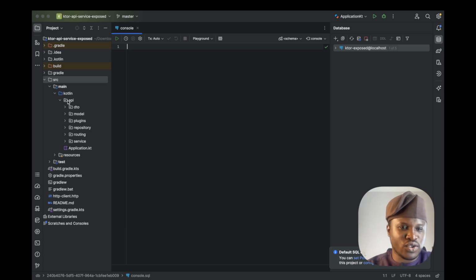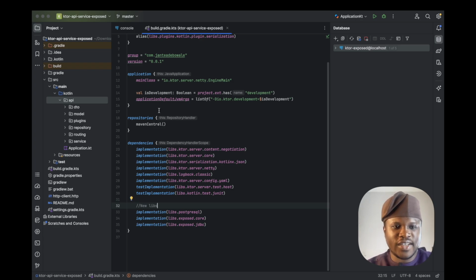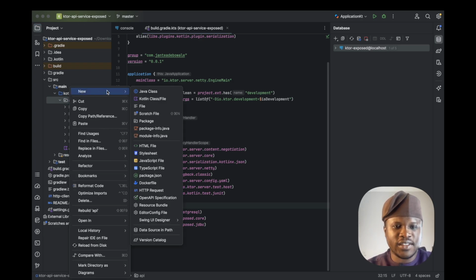So let's go straight to this place. And for library, we've added two different libraries to the existing source code. We have Postgres, then we have Exposed. For Exposed, we added two, which is core and JDBC. These are the new libs. Now that our source code is set, right, so we'll just go straight, add a new package to handle our